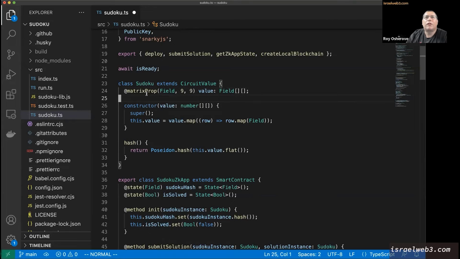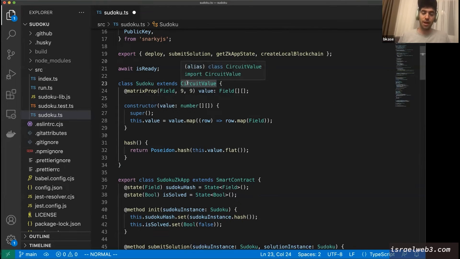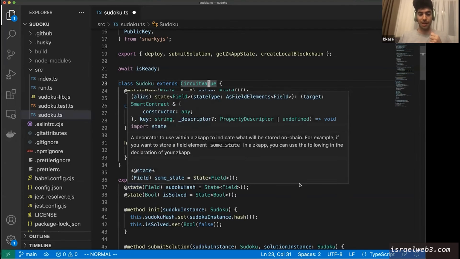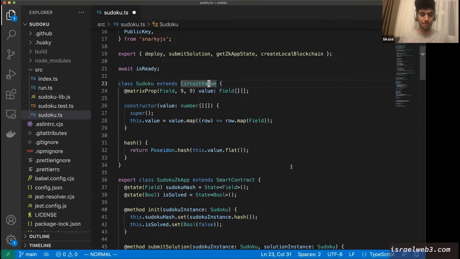Okay. Can I ask what is a circuit value? Yes. So a circuit value is a poor name, and probably the name is going to be different the next time you look at this library, because I don't like using circuit anymore. But circuit value is something that the proof system understands in some way. So, for example, you can store circuit values as state on chain, and you can do other things with the proof system when it's a circuit value. And essentially, like the circuit value class